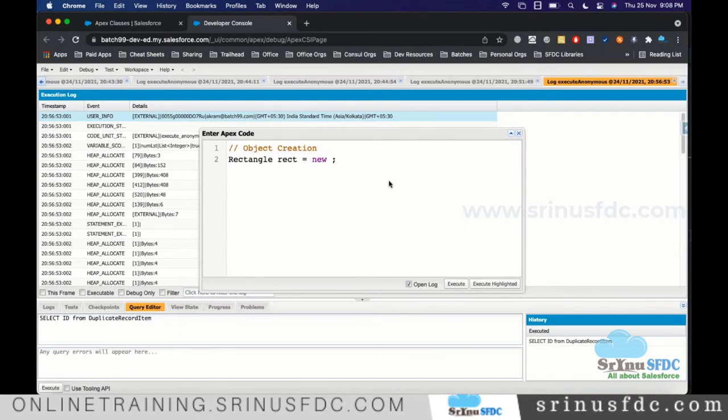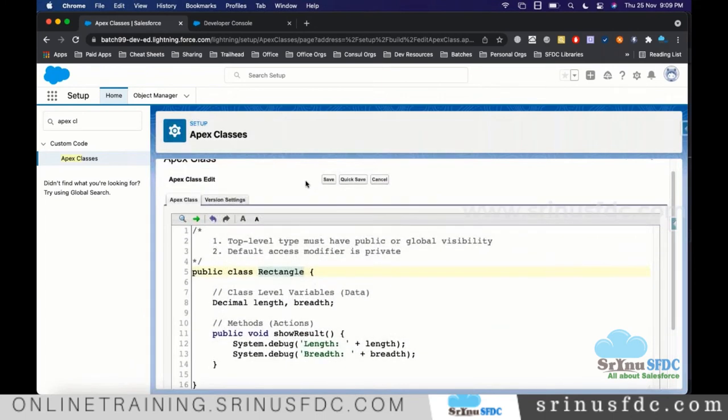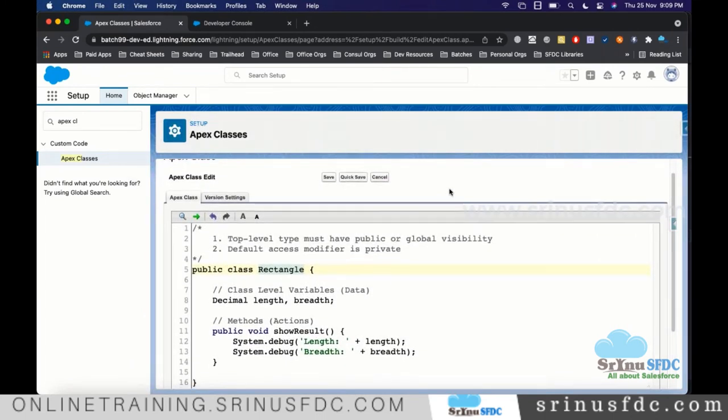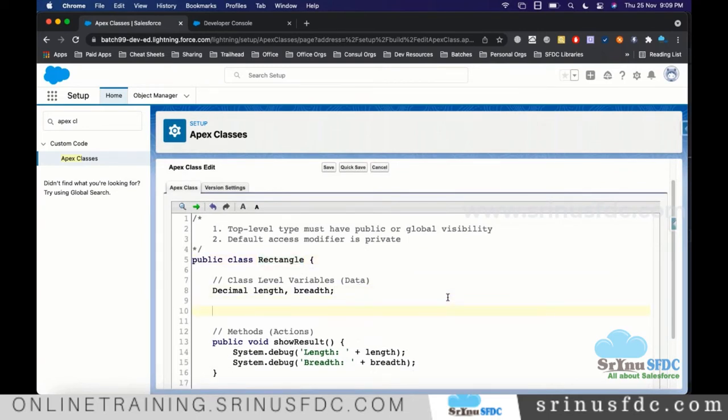Here, whatever I am going to mention, this part we call the constructor. So what is this constructor? When we create the class, keeping the constructor is optional. Even though we don't mention the constructor, the system internally maintains a constructor like this.